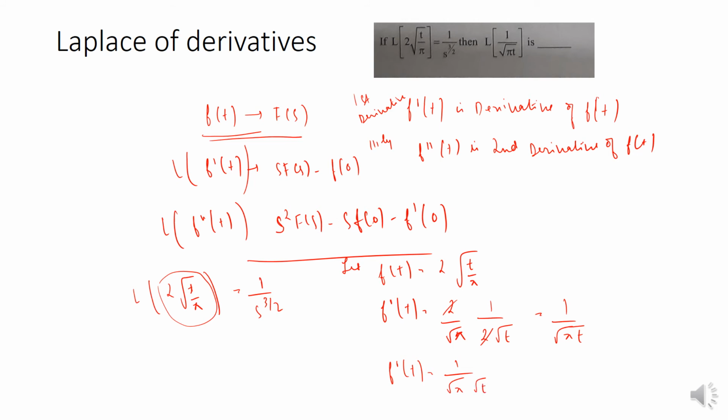Now if you see here, this signal is nothing but the derivative of this. Okay, now I will show it in the next slide, as there is lack of space. Now in continuation, as I was saying, f of t gets transformed to F of s, then f dash of t will get s into F of s minus f of 0. In our question we have not been given any f of 0, so f of 0 can be taken as 0. So the Laplace transform of f dash of t is equal to s into F of s.